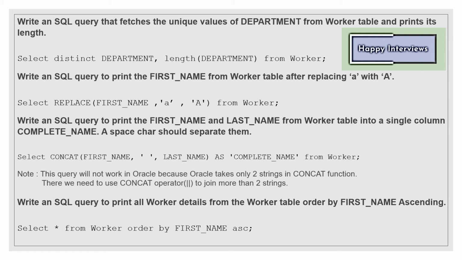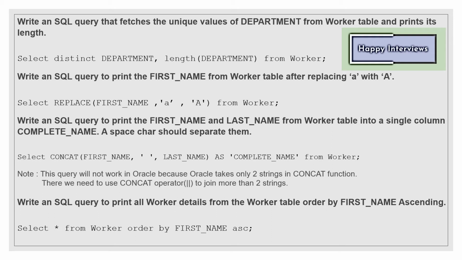So why we use distinct here? Because there will be many instances of department. In the worker table, if we imagine the table, what it will be, that worker name, worker salary, worker department. This is the basic table worker, where I have the name, salary, and department. So if I have 50 workers, and department would be maximum, I say 5 departments are there. So those 5 will be repeated 50 times. Like in all the 50 rows, those 5 only will be repeated.